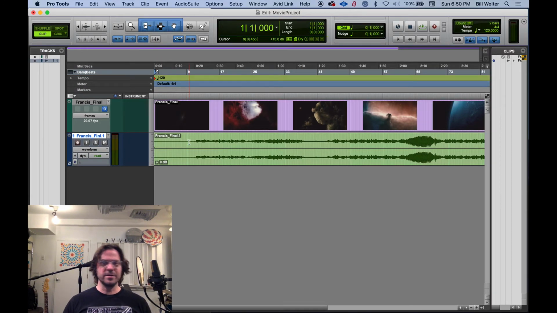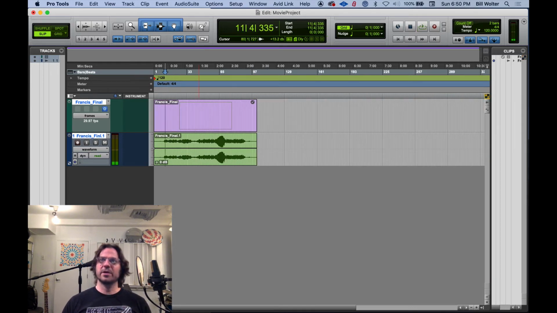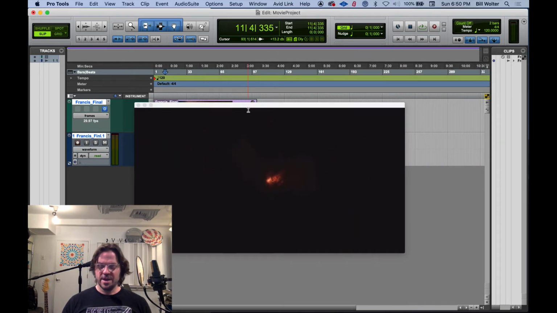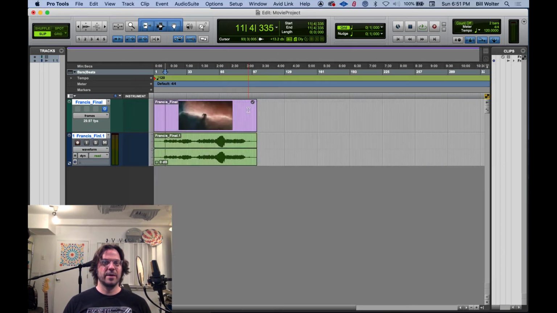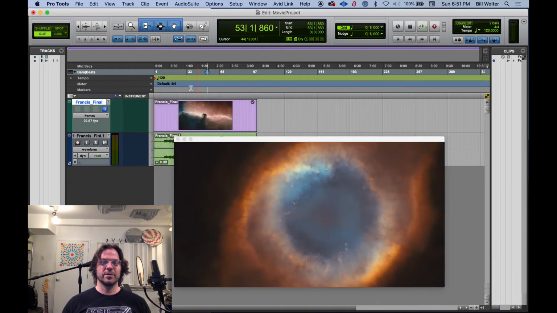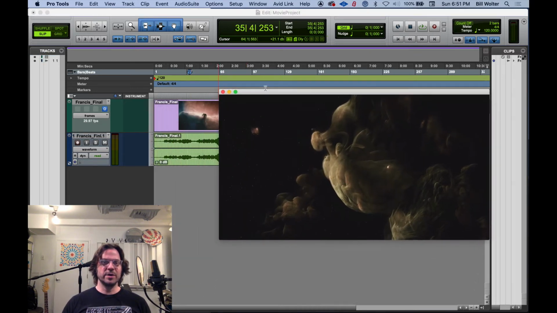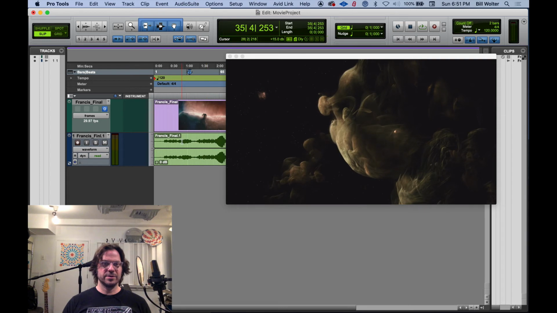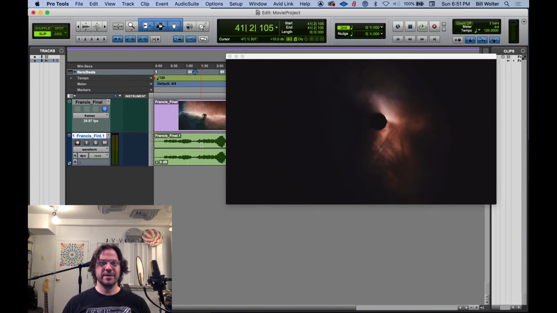And the second thing we're going to do is, we have the video in here. I believe this is just an example sound design. My video window is over here. This is Command 9 on the number pad, right? Command 9 or Control 9 brings up the video window, right? And as we move stuff around, if I select in or if I make an edit, if I move my